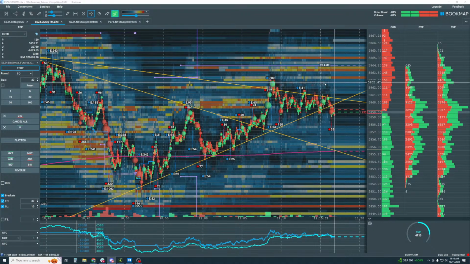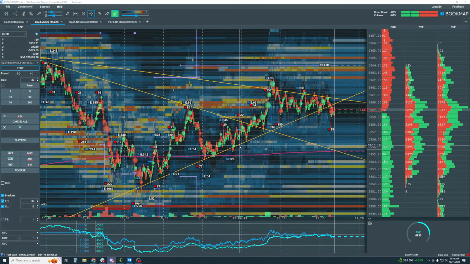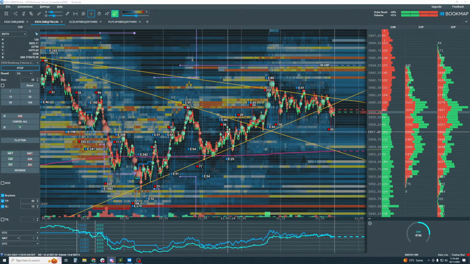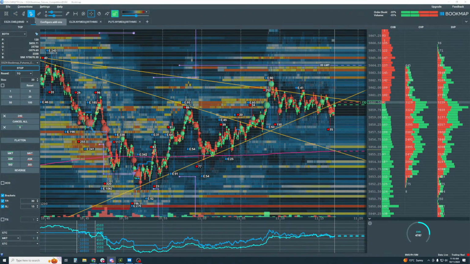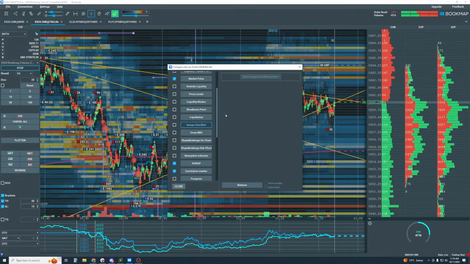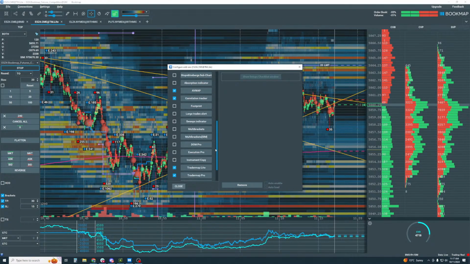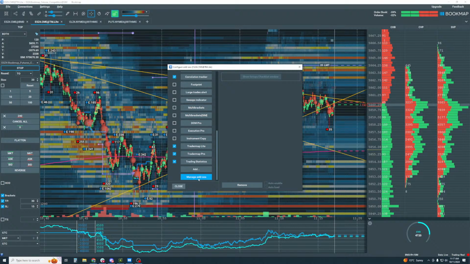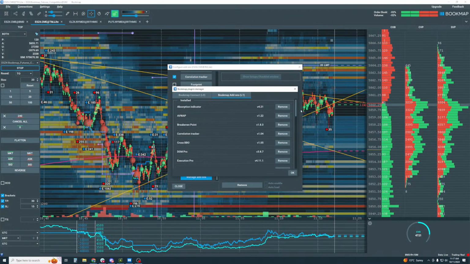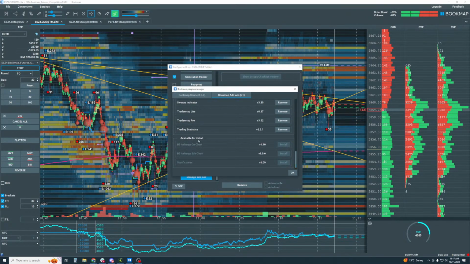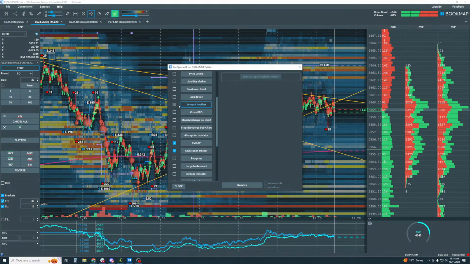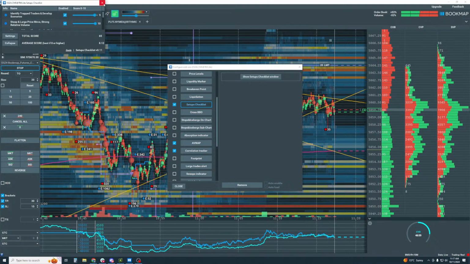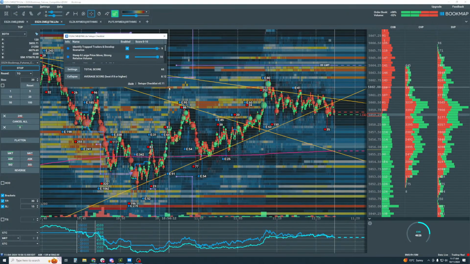Anyway, let's go over the checklist, Alan. All right, so from configure add-ons up here, if you guys don't see it in your list here, you can add it. It's free, or is included all in here. Just go to your add-ons manager and scroll all the way down, and you should see it available for install if you haven't installed it. Okay, once it's installed, check it, it pops up, and now we have options in here.